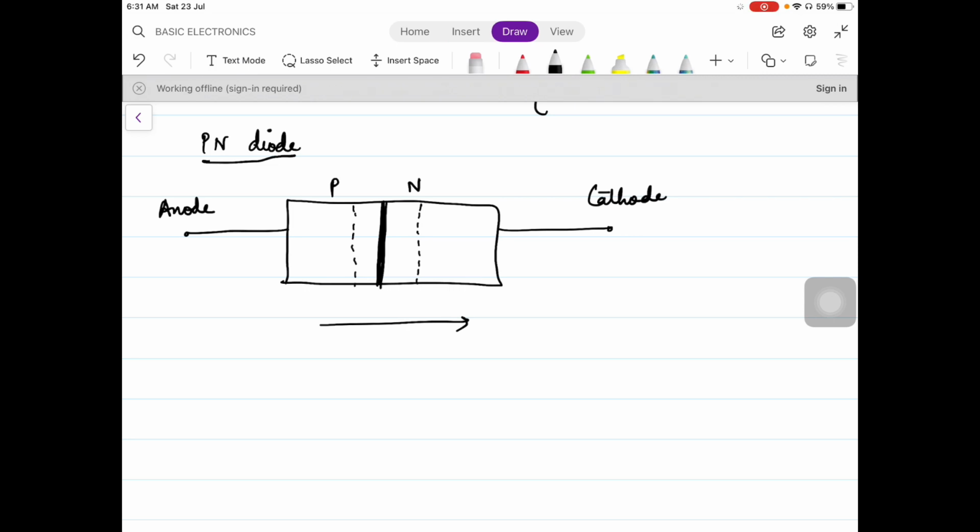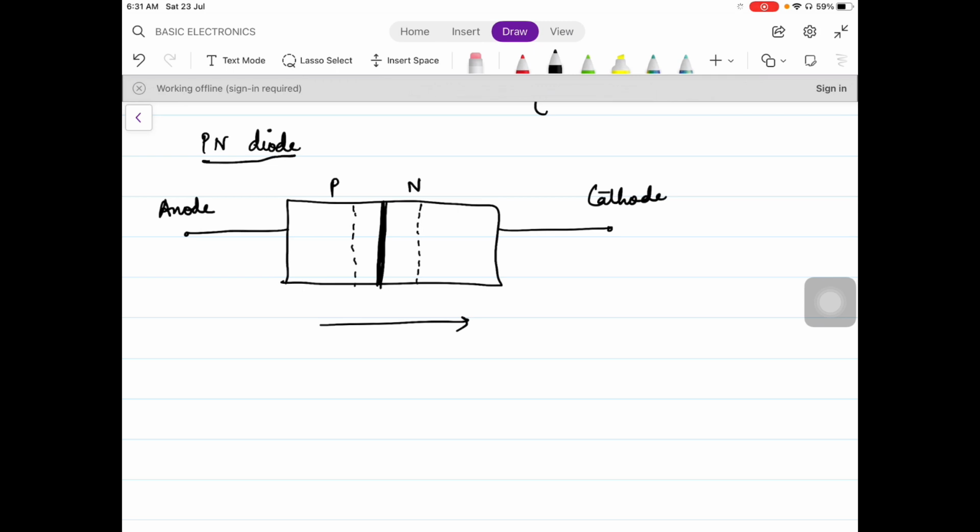Now what will be the tendency? The tendency will be due to the concentration difference. What is the concentration difference? On one particular side we have majority of holes, and on the other side we have majority of electrons. So a diffusion process will start. Diffusion means movement from higher concentration region to lower concentration region. That means the holes from p type will move towards n type, and the electrons from n type will move towards p type. And in this process, near the junction, when the holes and electrons collide